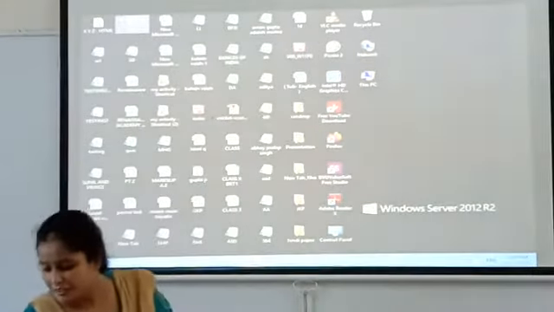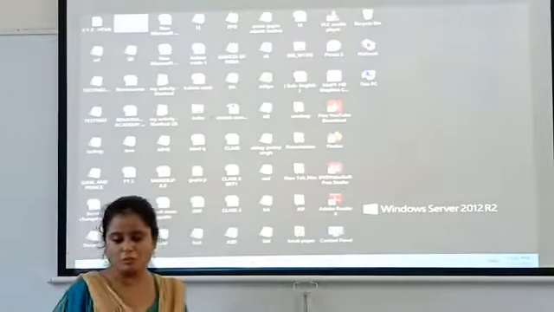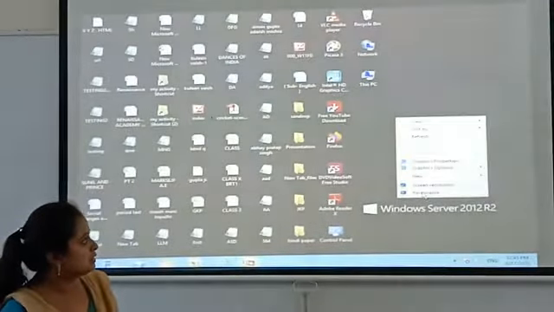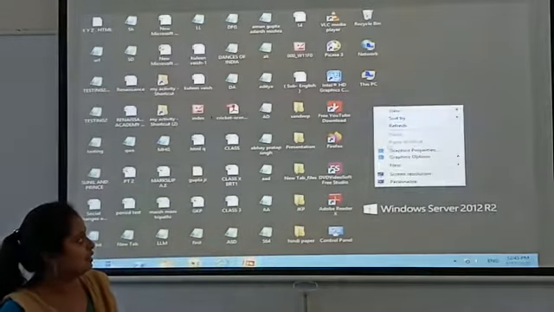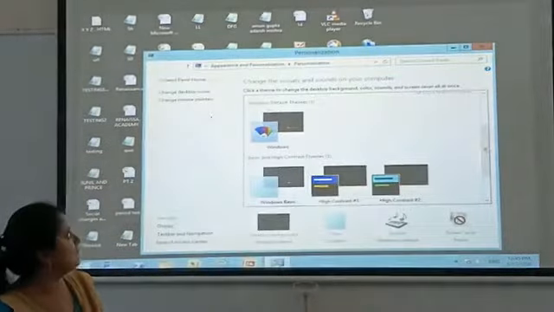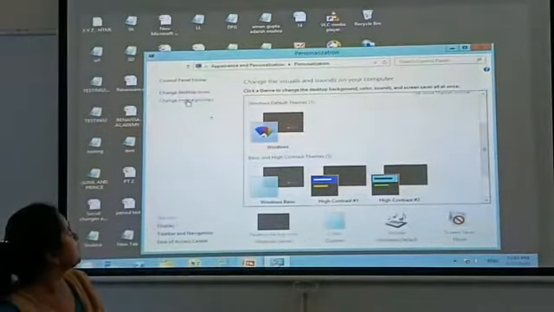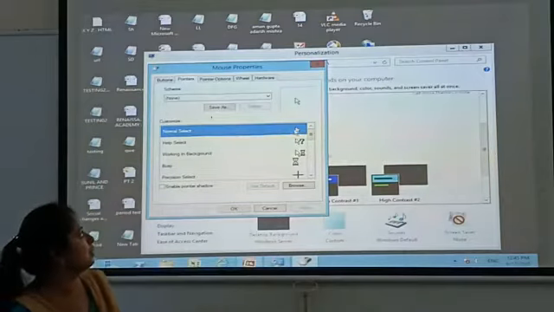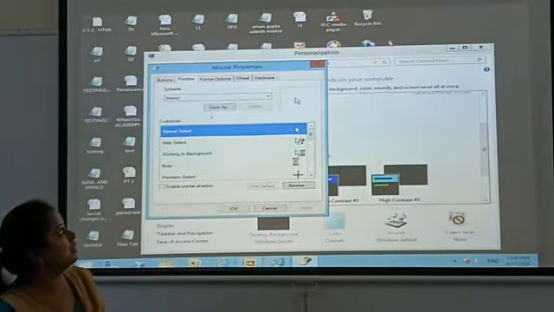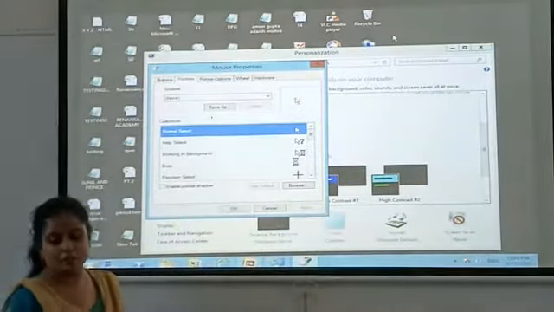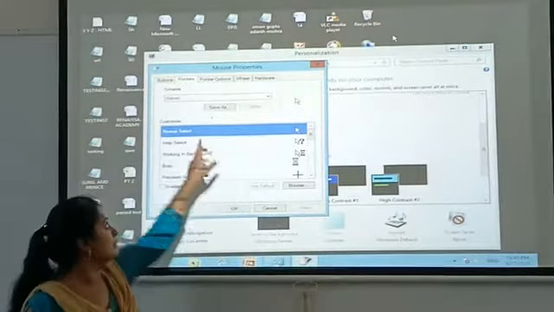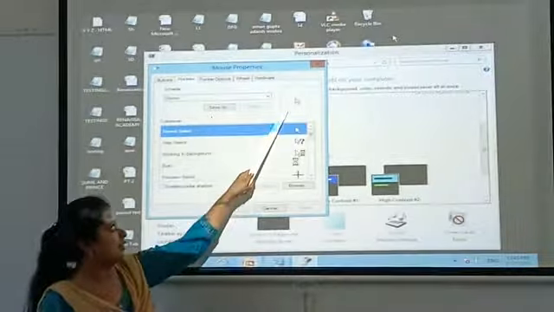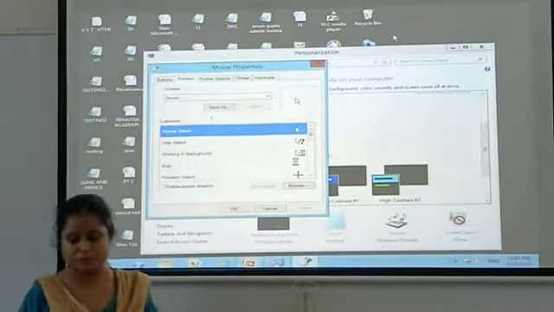Clear? Now I am going to the next topic, your mouse pointer shape. For this I have to choose Personalize. See, right click, choose Personalize and there is Change mouse pointers. I will show you different types of mouse pointers here. This is the normal one. Normally this arrow is coming, you can see in your book also, this arrow is always coming. This is the normal position.